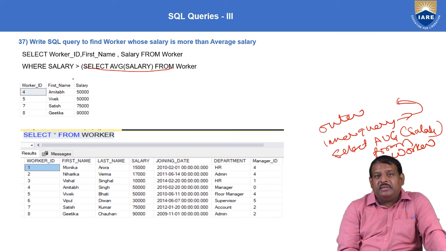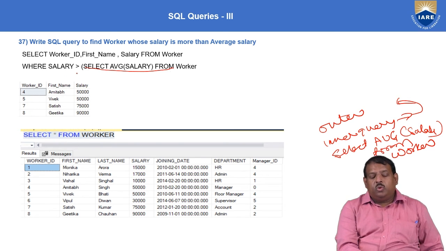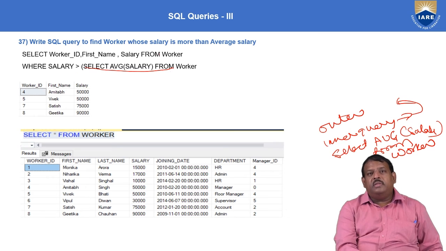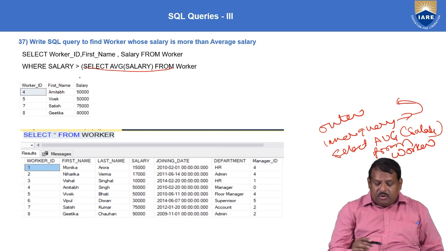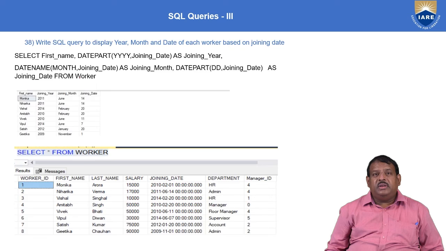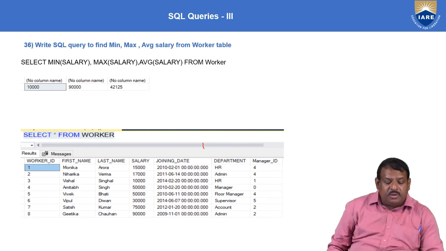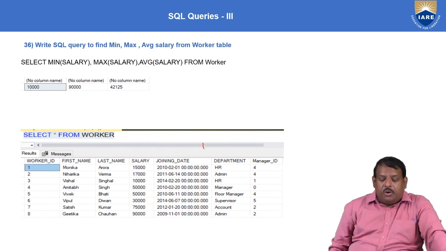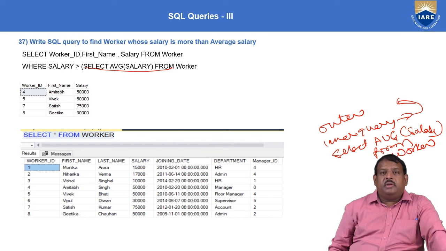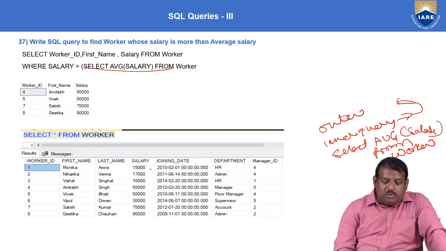Now our condition is that we need to find those workers who are drawing more than the average salary. In the previous example, we saw the average salary was 42,125. Now we need to get all those employees who are drawing more than that.